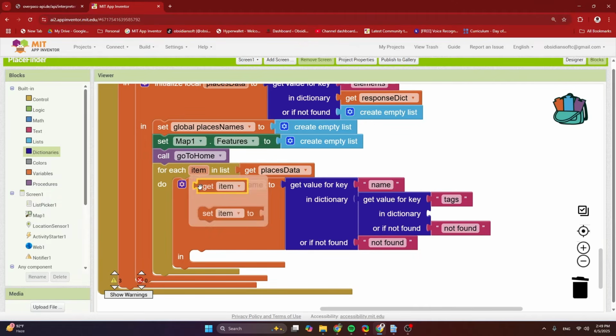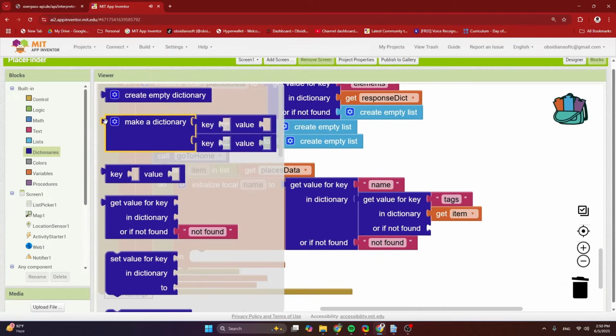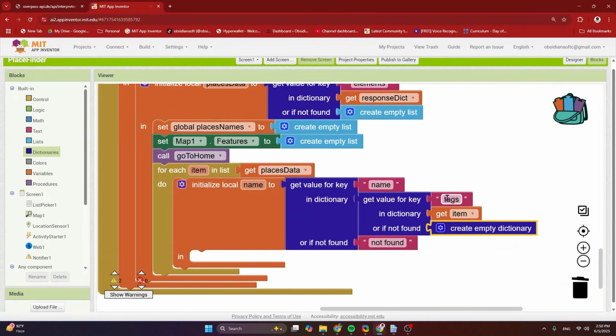And this is my places data item, the place. Here this should be an empty dictionary, because against the tags key, if it doesn't find anything, it should return an empty dictionary, and this should stay not found.